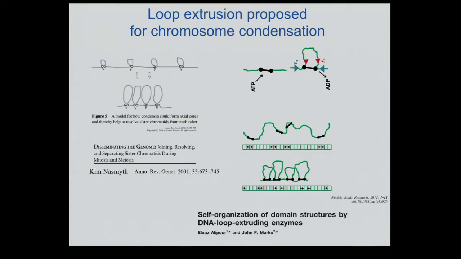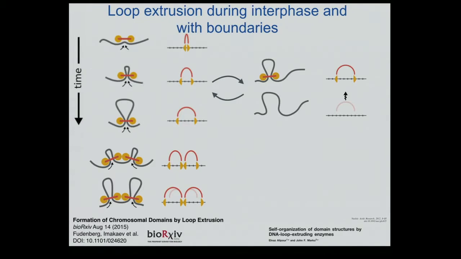Now what we're proposing is that the same mechanism might be operational during interphase. It might be mediated by different proteins. In fact, we believe that in interphase this is cohesin, and in transition to metaphase it's going to be a family of condensin molecules. So what can cohesins do? We essentially model this process following the steps of Alipour and Marko, but we bring it to 3 dimensions. So you have cohesin landing, it creates a loop. It can fall off the DNA, and if it falls off the DNA, the loop disappears.